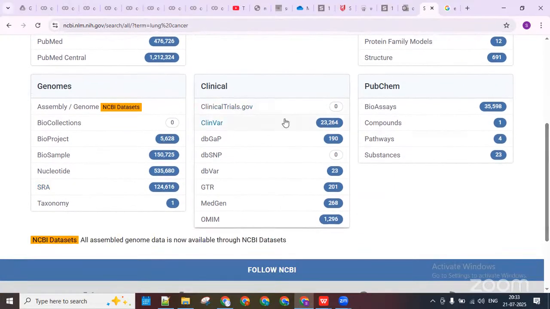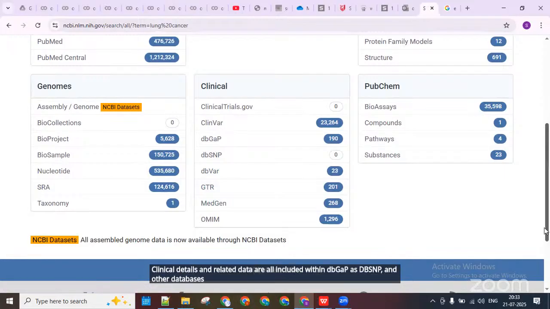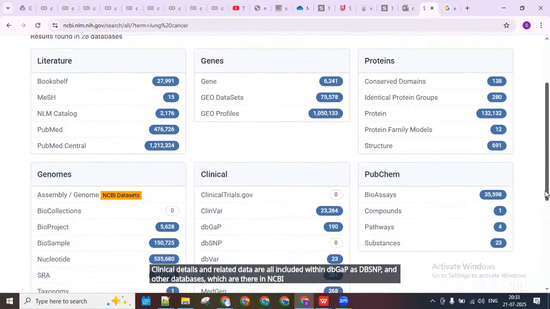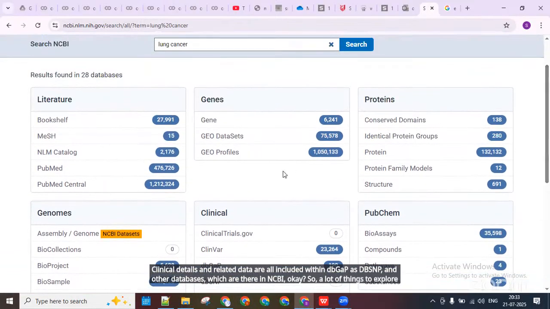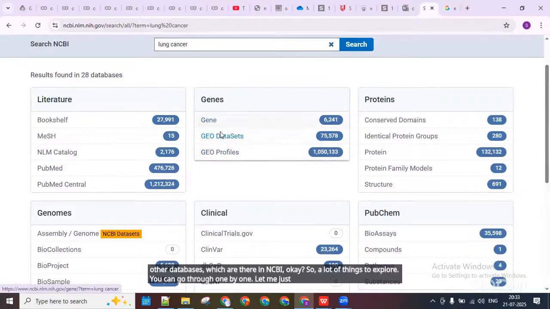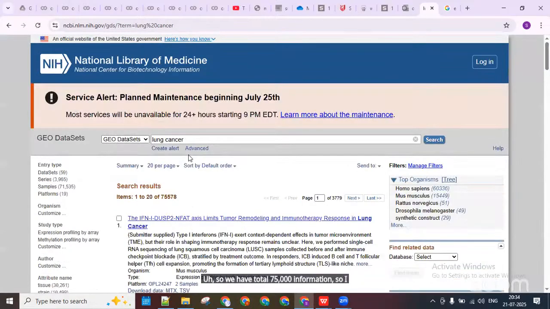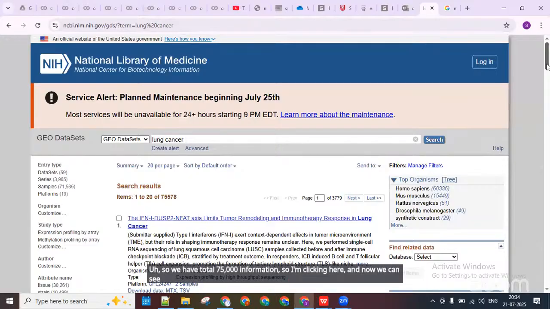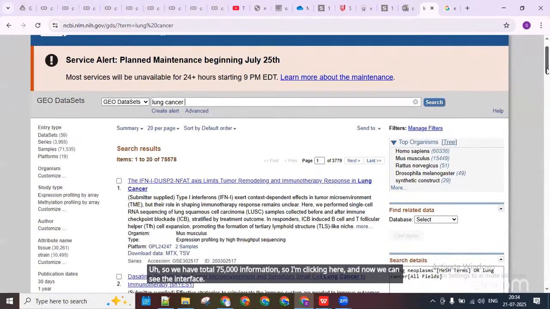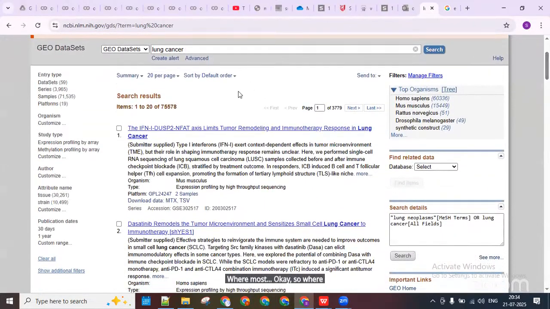Clinical details and related data are all included within dbGaP, as well as dbSNP and other databases which are there in NCBI. Okay, so a lot of things to explore. You can go through one by one. Let me just go with a GEO data set. So we have a total of 75,000 information. So I'm clicking here, and now we can see the interface